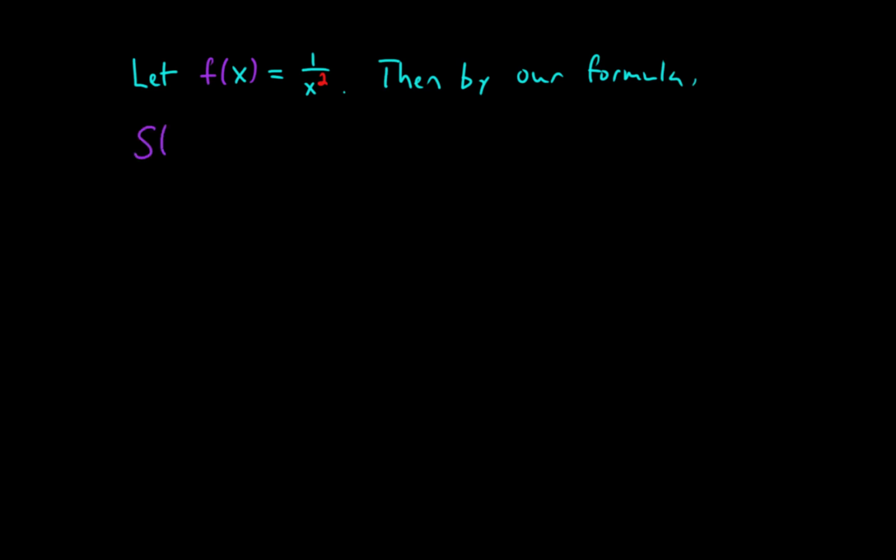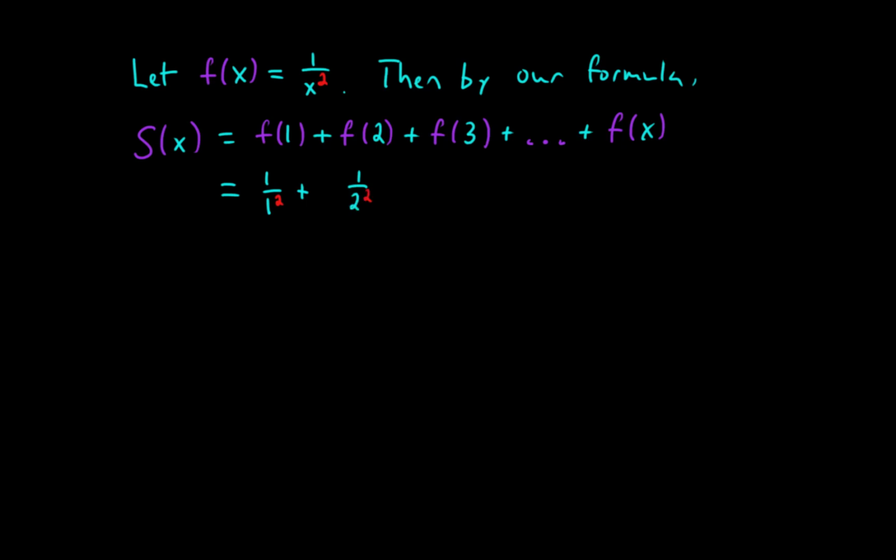So then by our formula, s of x equals f of 1 plus f of 2 plus f of 3 plus f of 4 and so on, all the way up to f of x. And this equals 1 over 1 squared plus 1 over 2 squared plus 1 over 3 squared plus 1 over 4 squared, and so on, all the way up to 1 over x squared. And then by the Euler-Maclaurin summation formula, s of x will equal the indefinite integral of 1 over x squared dx plus 1 over 1 factorial times 1/2